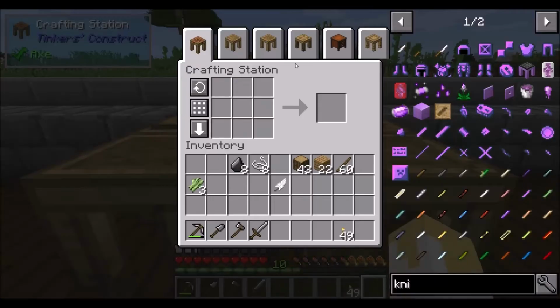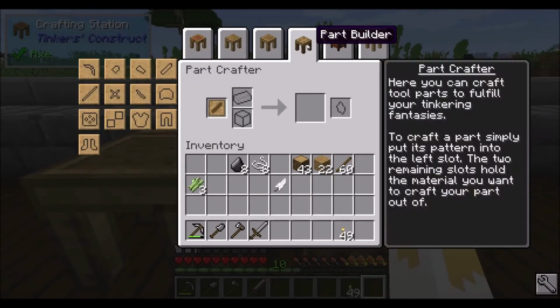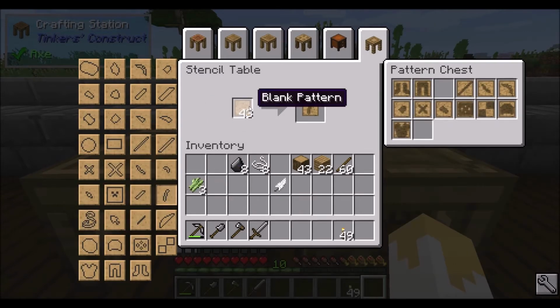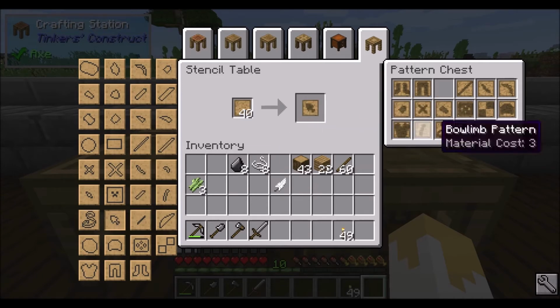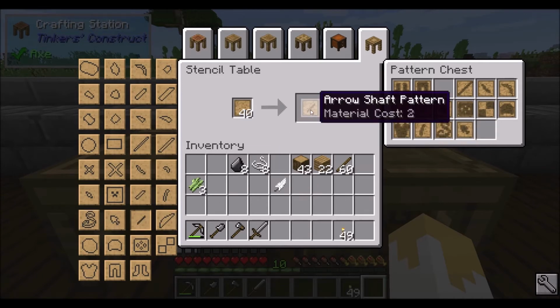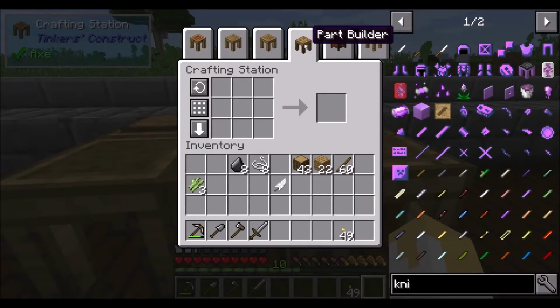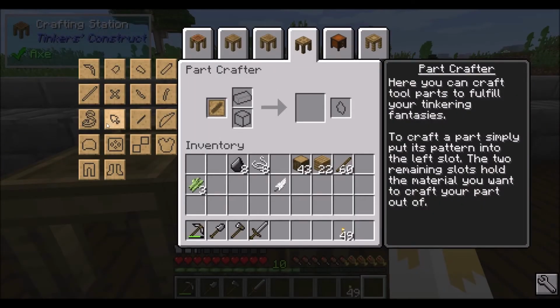I'd like to make a bow. So I'm going to come here to the part builder, actually the stencil table, and I'm going to take a bow handle, a bow pattern here, the bowstring pattern, the arrowhead, the arrow shaft, and the fletching pattern. Okay, so then I'm going to come over here and select